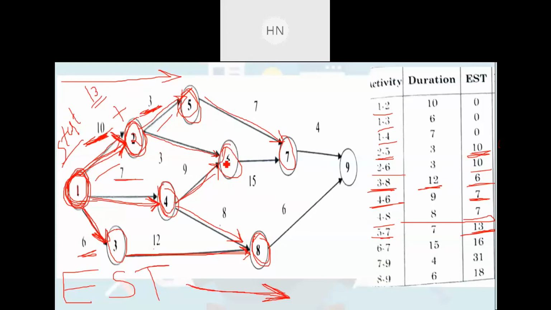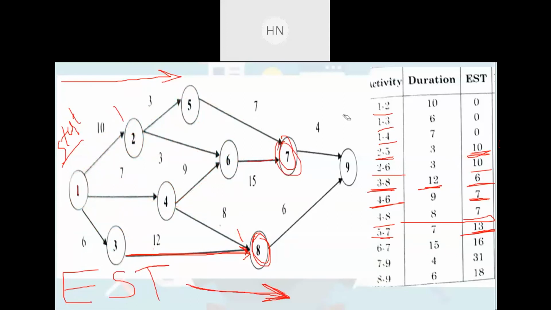After that go to 6 to 7. Where is 6 to 7? This is 6 to 7. For that you have to see how many options we have. Let me show you that, to clear this maths so that you understand. To complete this 6 to 7, before starting it we have two options. One is 1 2 and 6, another one is 1 4 and 6. Here we have two options, 1 2 6 and 1 4 6.